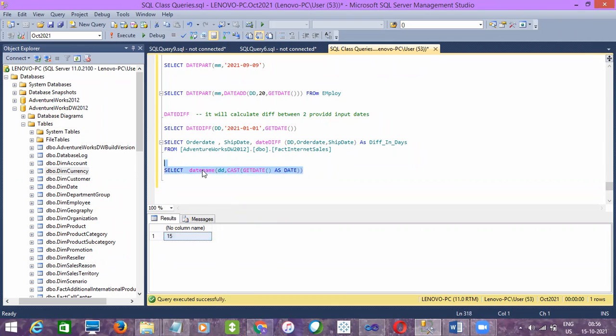I didn't use it recently, but just thought to tell you guys, and I did not remember exactly. Date name, I think date name only.